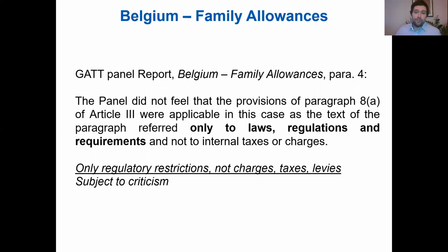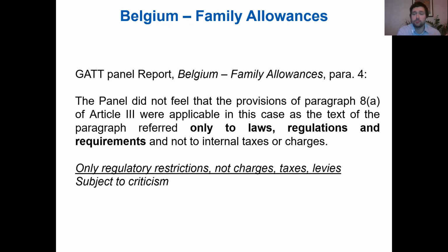The panel does not feel that the provisions of Article 3, paragraph 8a were applicable in this case, as the text of paragraph 8a referred only to laws, regulations, and requirements, and not to internal taxes or charges. As long as we were talking of a levy, we were talking of a tax, of a charge, it was under Article 3.2 and not 3.4 if we would qualify it within these two categories, then according to the GATT panel report in Belgian Family Allowances, it is not covered